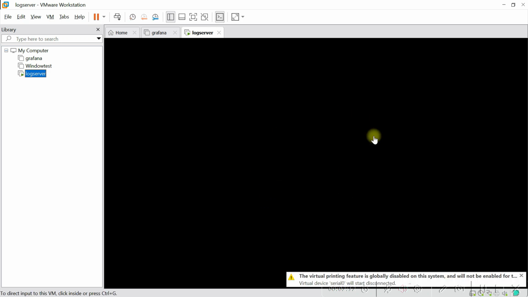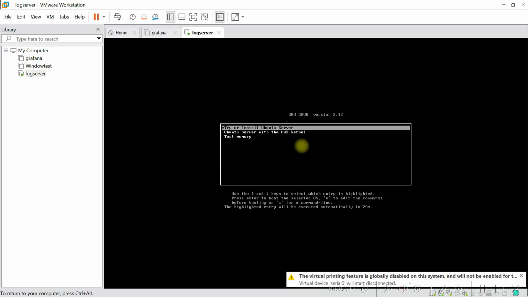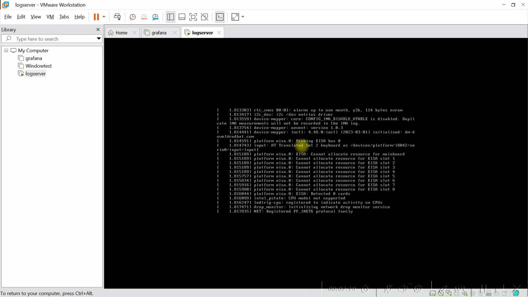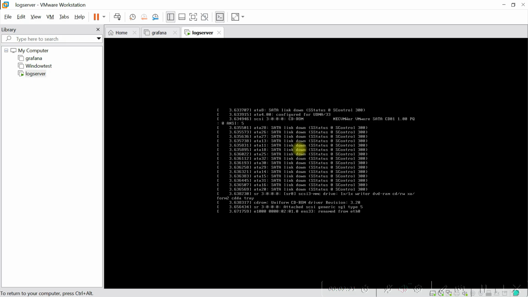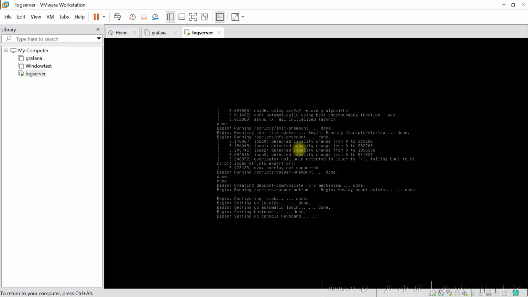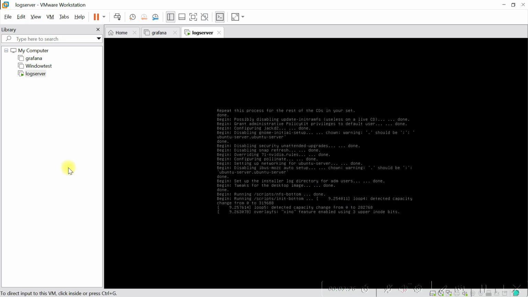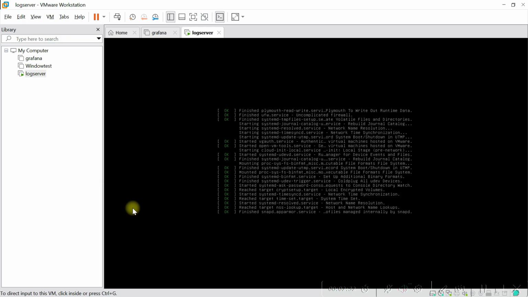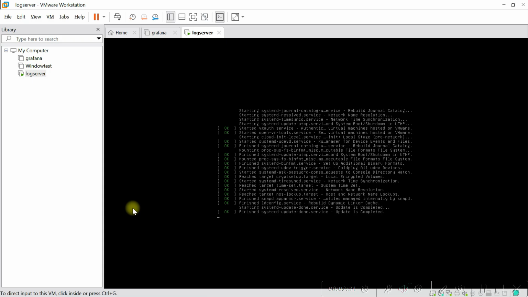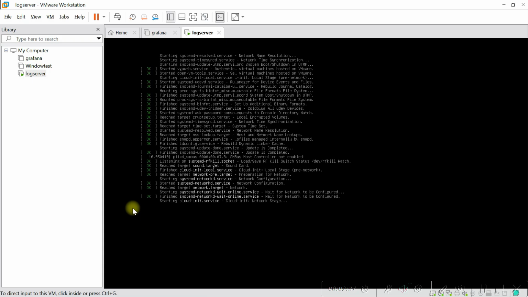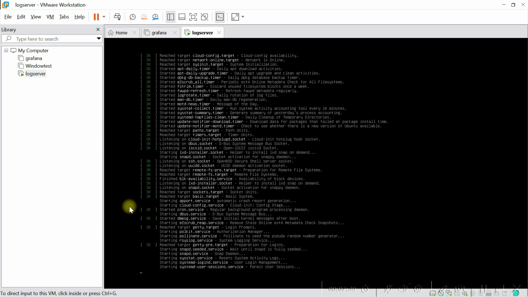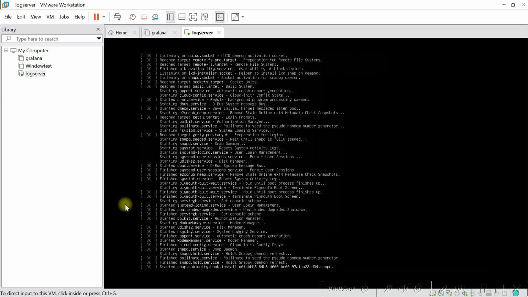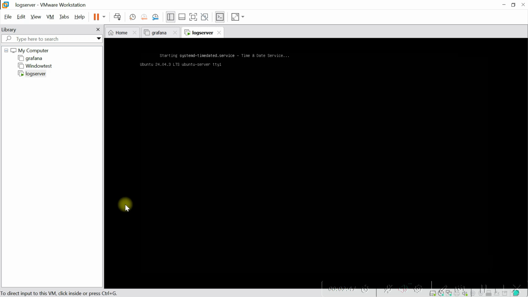So for the next step, we need you to wait for the Ubuntu server to start. You can see here the system start, and it's going to install the needed packages. Here it starts some installation of packages and other dependencies. So after this part,